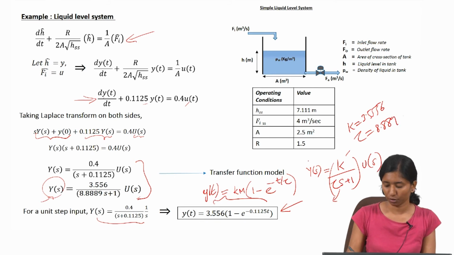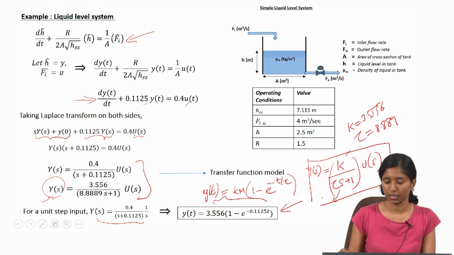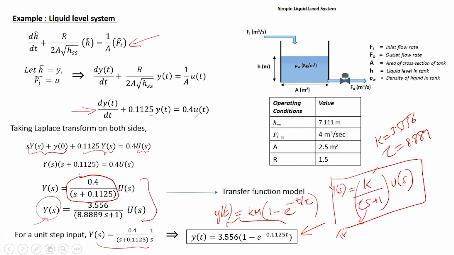So, this is a general form of representing a first order system as a transfer function model. This term is a transfer function. So, y of s by u of s is written as 0.4 by s plus 0.1125, or in time constant form it can be written as